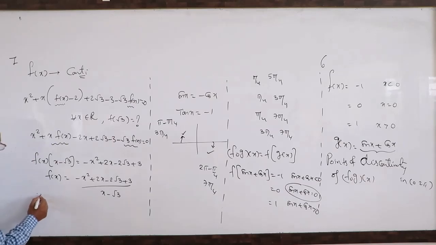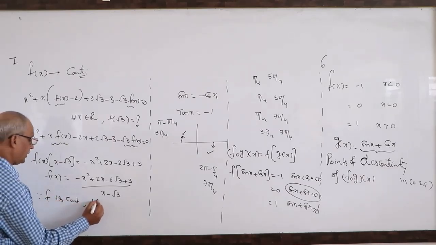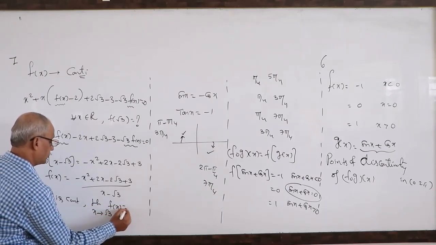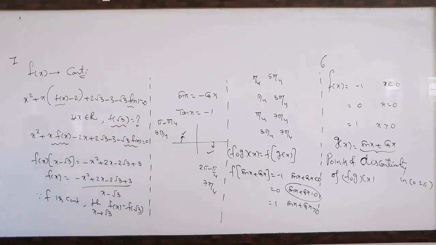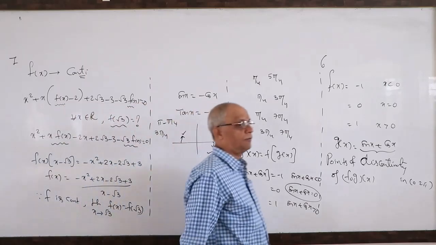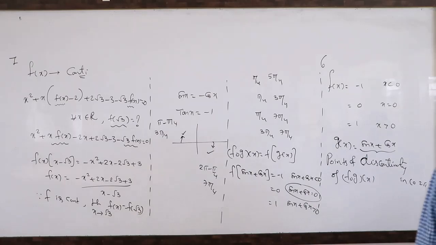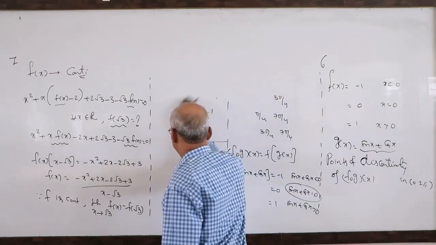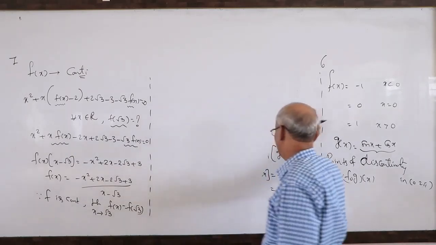So, since f is continuous, limit x tends to root 3 is equal to f of root 3. They want only f of root 3, which means indirectly they are asking to find the limit value. All the total questions, if you understand, we are doing revision of limits only, nothing extra. Even the next chapter also, we will get limits again.